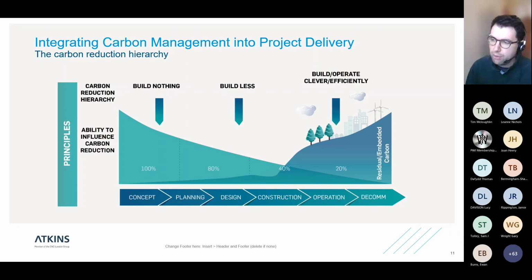As time goes on throughout the project, we move into the construction planning and construction delivery stage. We only have about 40% of the emissions that we're able to influence. And this is where we're considering things like building clever, which is around identifying low carbon materials that we can use instead of standard materials, and low carbon construction practices, so electric equipment on site, hybrid equipment, plant telematics,